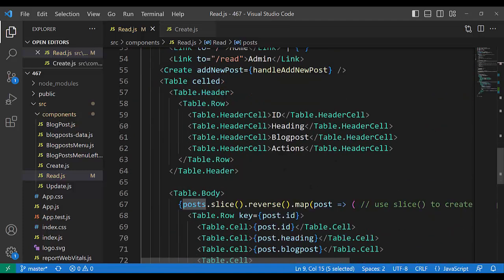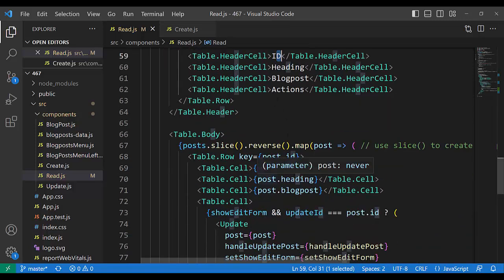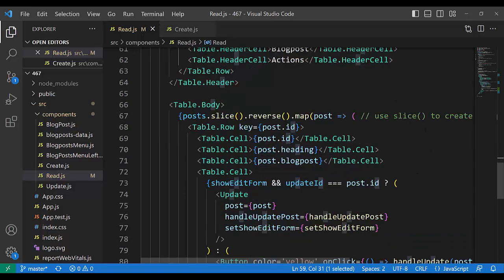Every row has ID, heading, blog post, and actions delete and update. Here it is, the table key post ID, here, post heading,